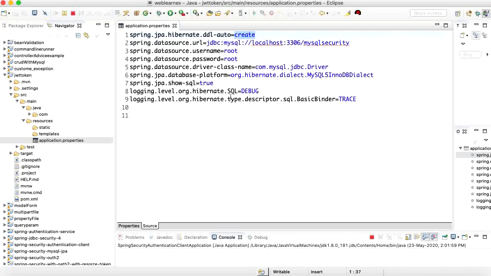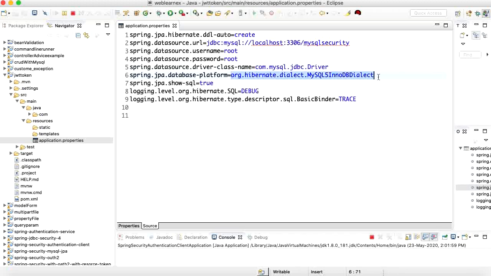It will automatically remove all the previous data stored when I test this application. I added my username, password and driver here, because I'm going to run the application on MySQL.